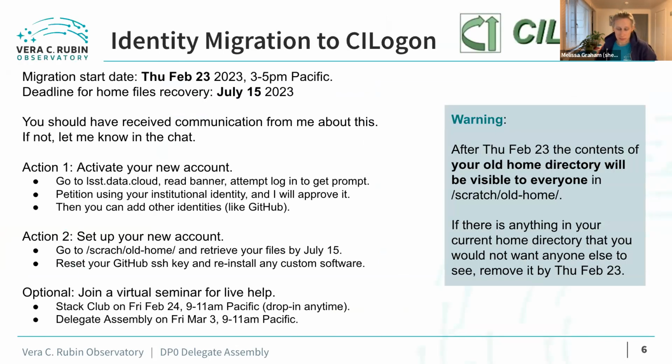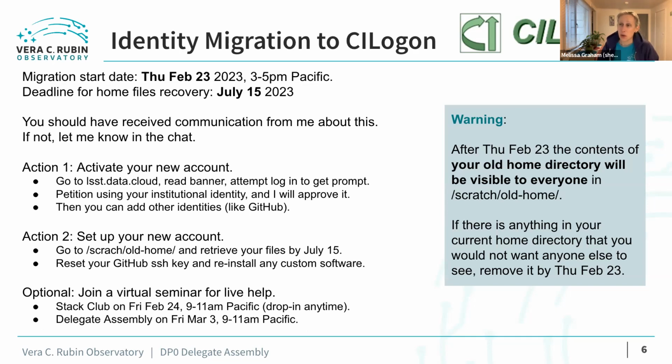The other rather large announcement is that, as you should have seen in a message from me either via email or from the community forum this week, identity migration is happening at data.lsst.cloud. So we're moving from GitHub, which is the current authorization mechanism, which was always meant to be temporary, to CILogon. And so there's a series of actions that everyone will have to take next week, starting Thursday, February 23rd,